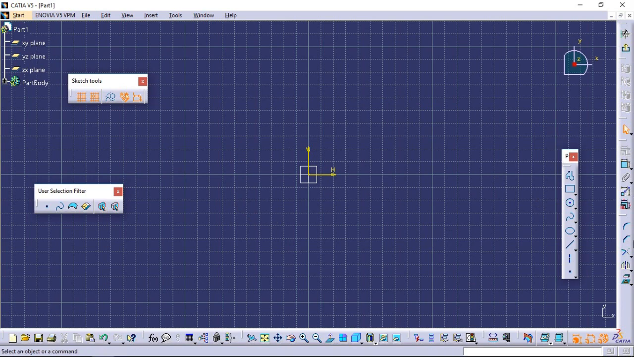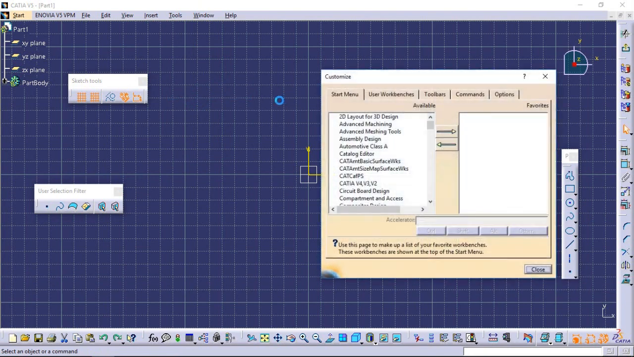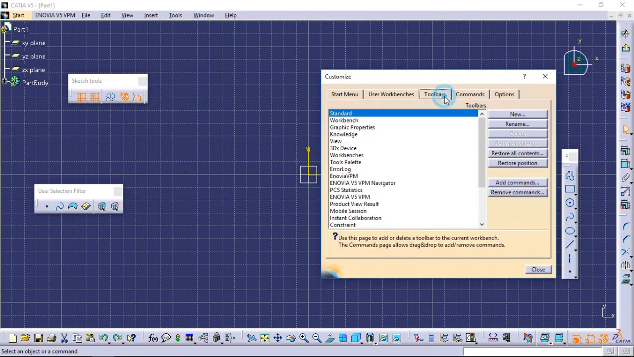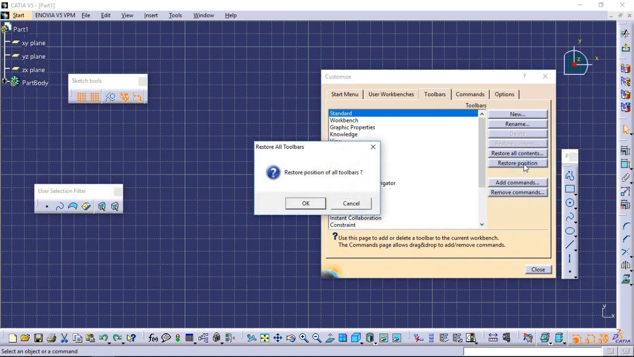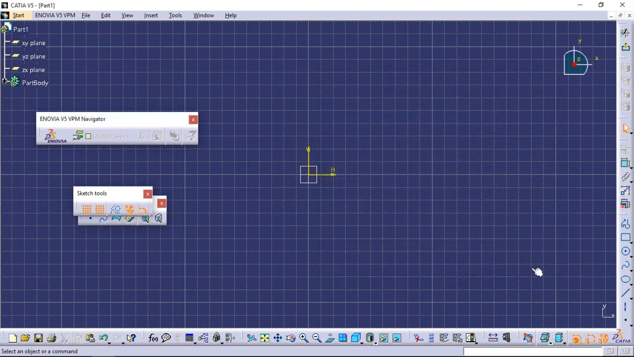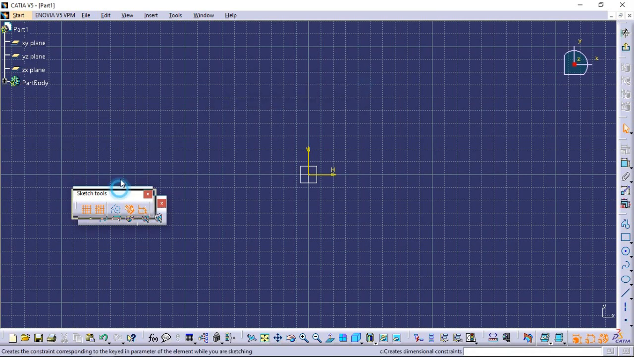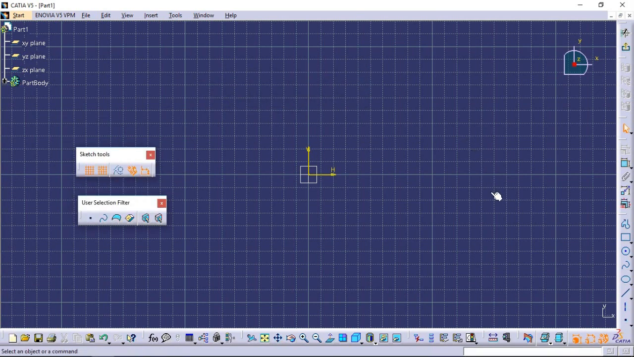You can notice that the toolbars are misplaced. In order to reset to the default position, go to Tools, Customize. Under Toolbars, Restore all contents. Click OK. Restore position. Click OK. Close this window. Now this is the default workspace for the sketcher,